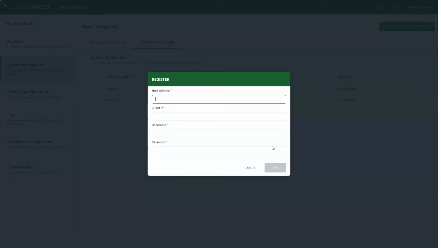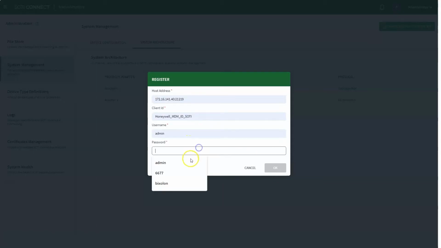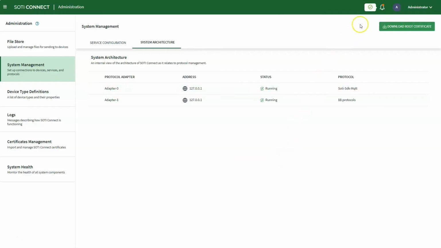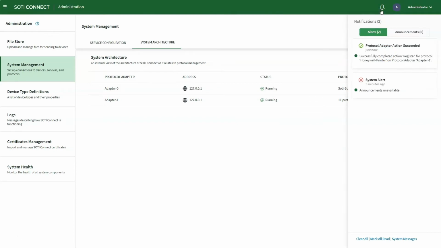If you are registering the middleware, you need the IP address of the middleware and the port to which you are registering over. Some middleware may require proprietary information to be entered such as client ID, tokens, and authentication credentials. For our demonstration, we will register the middleware. Every enrollment will require an IP address, so it's important to have this ready for every device you wish to enroll. Click OK, and a notification will display saying that the device has been successfully registered.